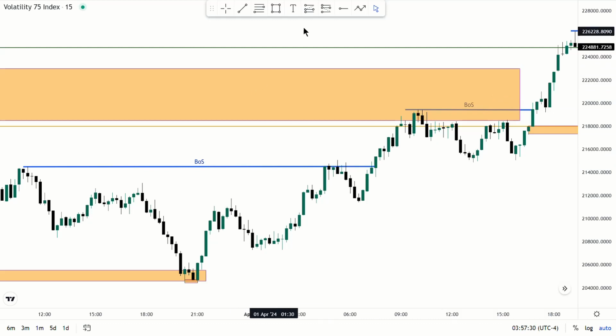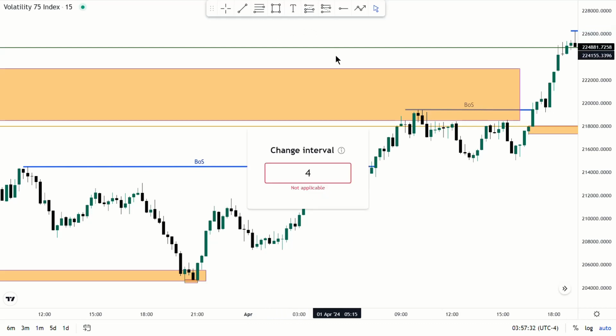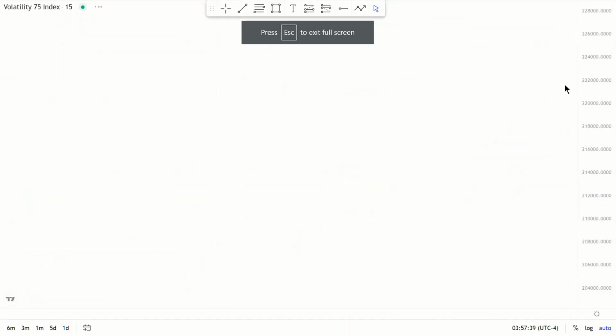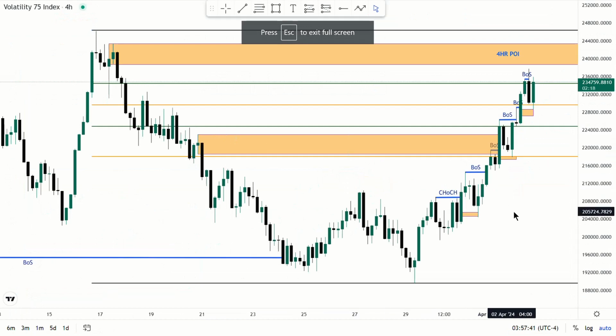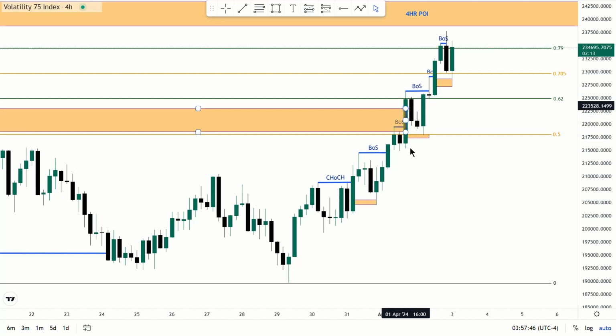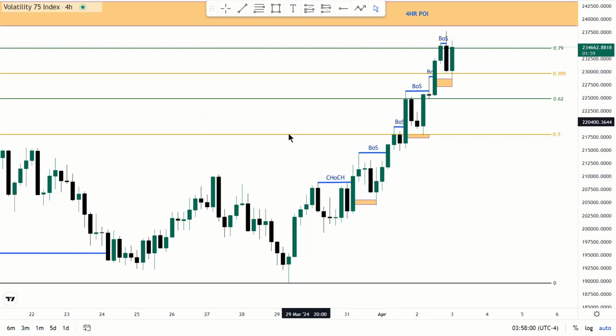Here there's that potential that the market can drop down. Okay, but look at what happened when we go to the higher time frame. All right, so this candle right here, this is the 4 hour candle, and this is the decision of POI. This closed way above. The body closed above, meaning this is not valid. This POI is not valid. You can even delete it if you want.